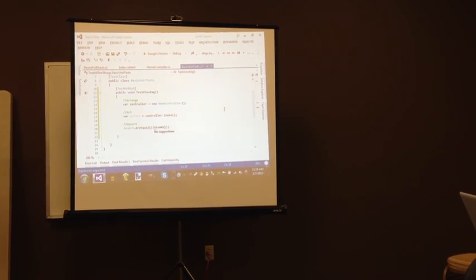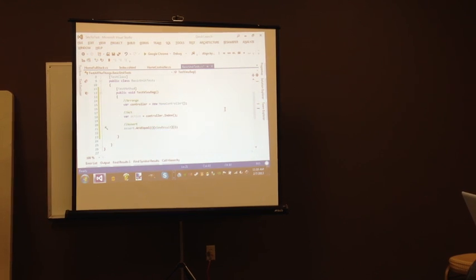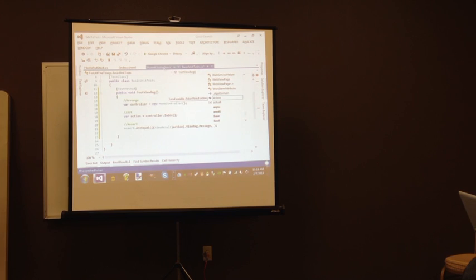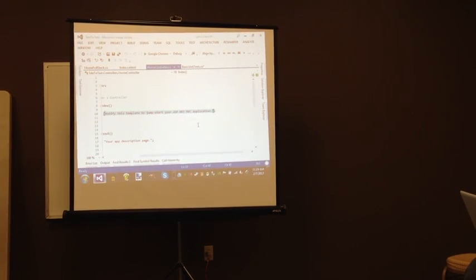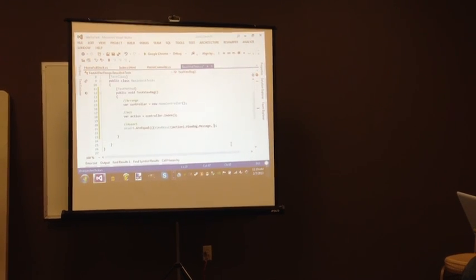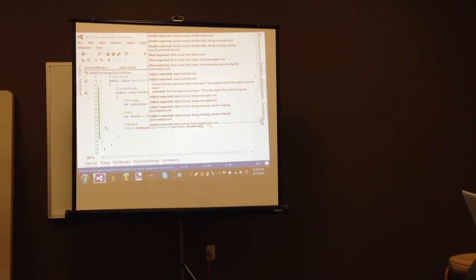View result, action, view bag, and so this is message, and then comma, and then now you have a string and you can compare them. So in this case I can just copy that string, and to get a failing test here, yeah, so we can just say view data, and then here,